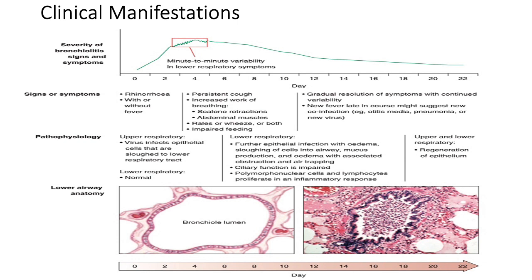Acute bronchiolitis due to RSV infection may be associated with apnea. Apnea is stopping of breathing. It is seen in 16 to 25% of infants, specifically those infants who are younger, that is less than 3 months old, and are born preterm. Such infants, instead of presenting with respiratory distress, may present with apnea when they suffer from acute bronchiolitis due to RSV.